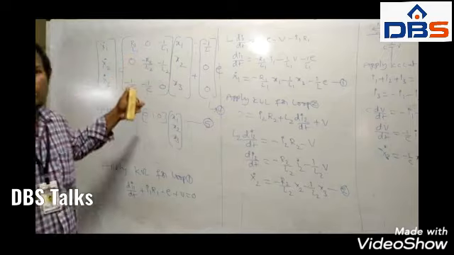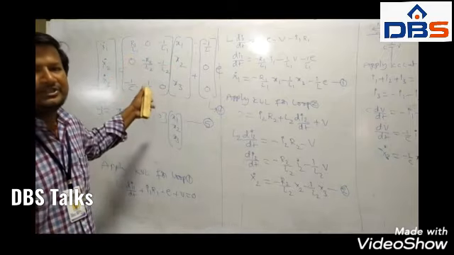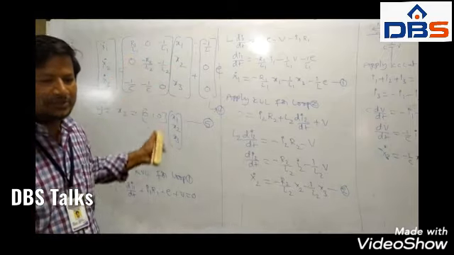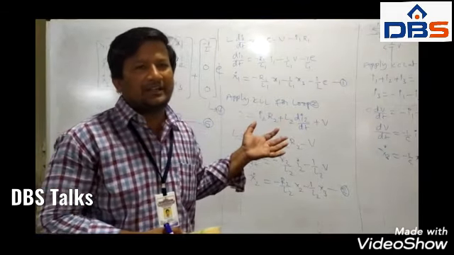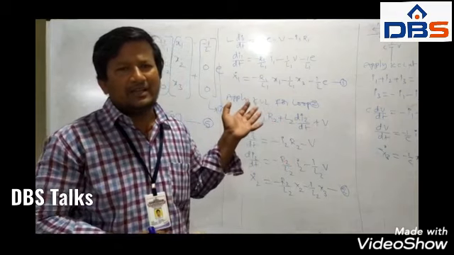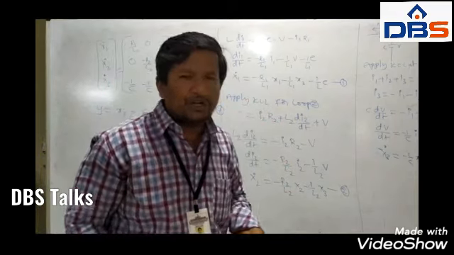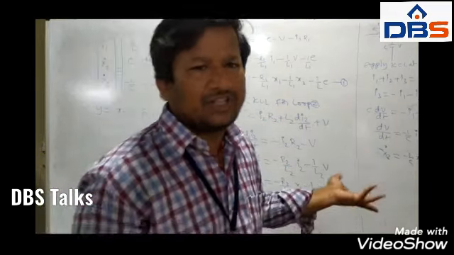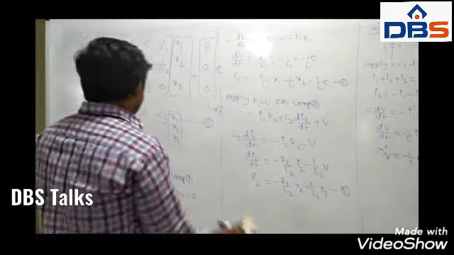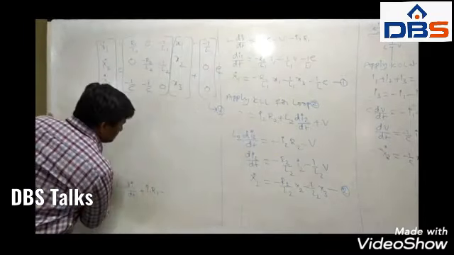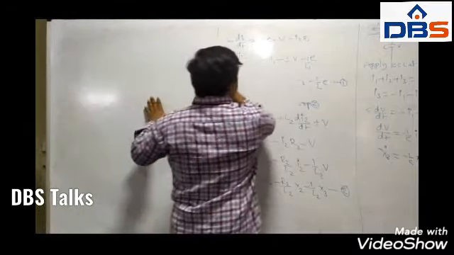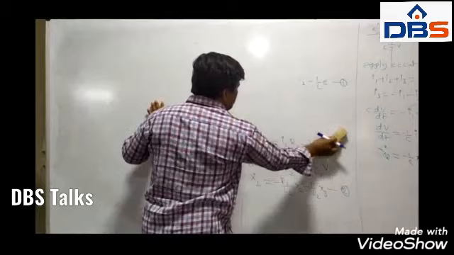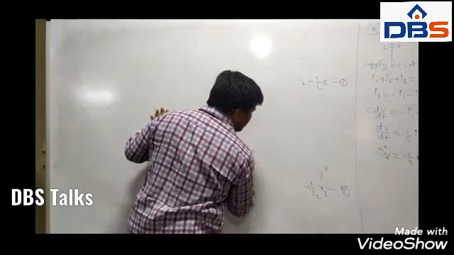The state equation and output equation together are called the state model of a given electrical system. Like that we have to determine the state model from given electrical networks. If they ask to derive the state model of a parallel RLC network, it is done in a similar manner. Now we go for another concept, that is the transfer function from the state model.